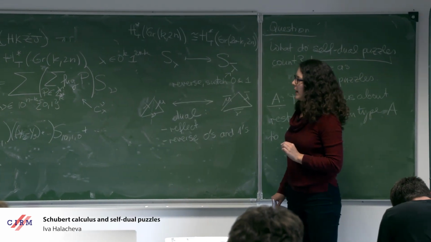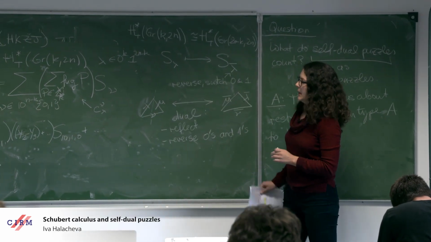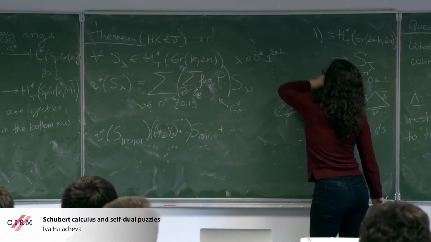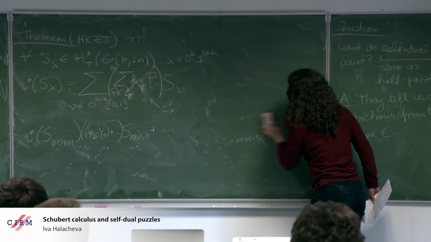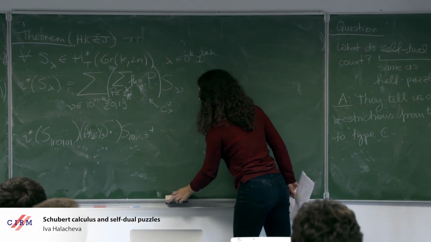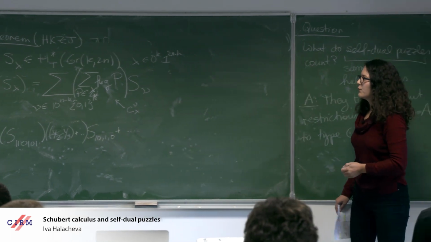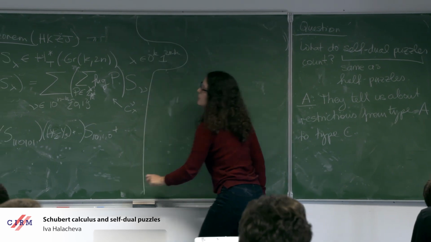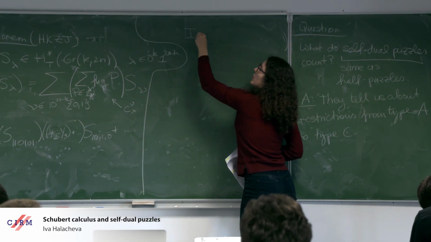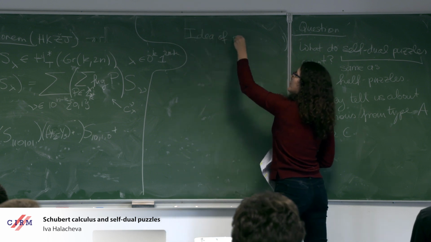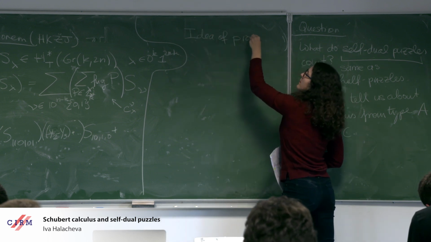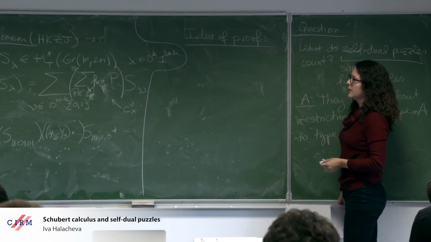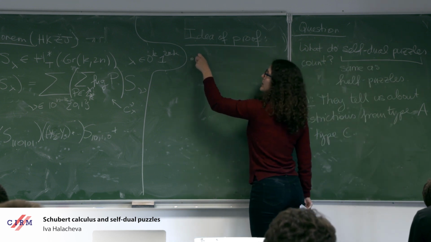Okay, so this is the theorem. Now let me tell you a little bit about the proof. The proof involves some techniques which we hope will be useful in other settings of Schubert classes and more general properties of partial flag varieties. So we're using two techniques. One of them is restricting to fixed points,